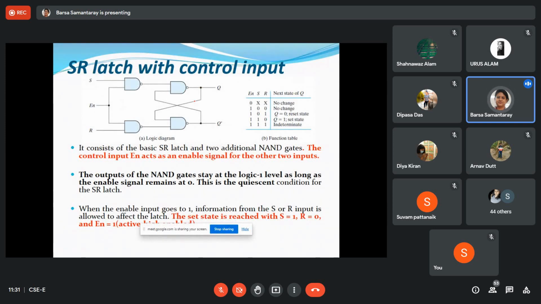But what is the problem in the latch? Due to some problem in the latch, we will use the clock signal. Okay, so what is the problem in the latch? In the latch, when the input is changing, the output is changing. Okay, but suppose for a particular time I want that S is equal to 1, so it is okay. S को मैंने 1 दे दिया तो वो 1 रखा,